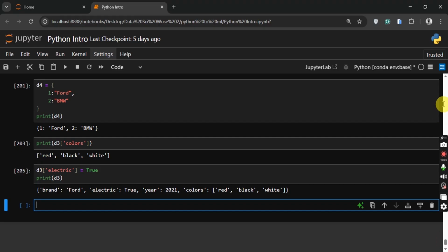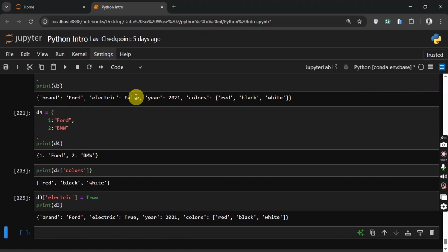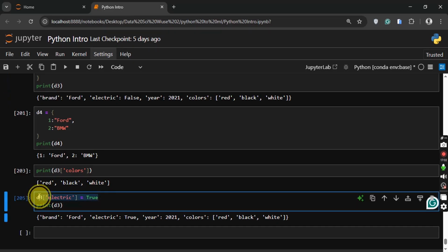Before it was false over here. Now, because I made changes over here, setting electric to True, when I now print D3, electric is now True. So all through our code, electric will remain True, unless I do the same kind of change again. So this is basically how we assign or make modifications to a value in a dictionary,